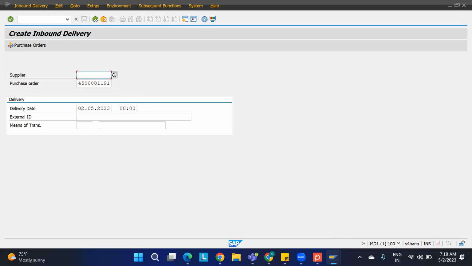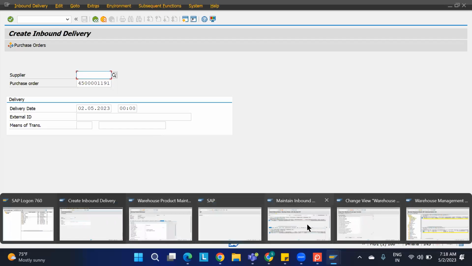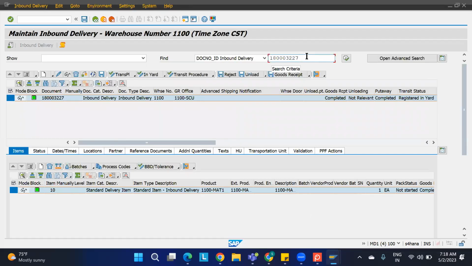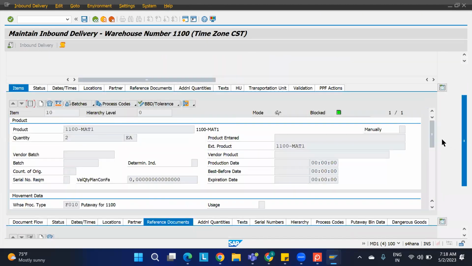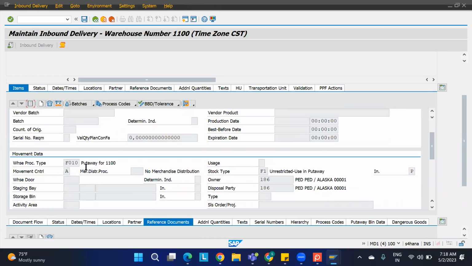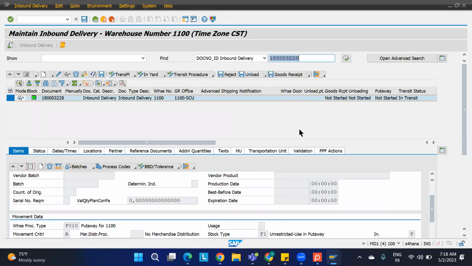Okay. So I will go to this inbound delivery. I will put the 8 here and just execute. Okay. I got this line item. Just go to the form view. You should see F010. See, F010 is available. Okay. For this F010 only, we have defined the